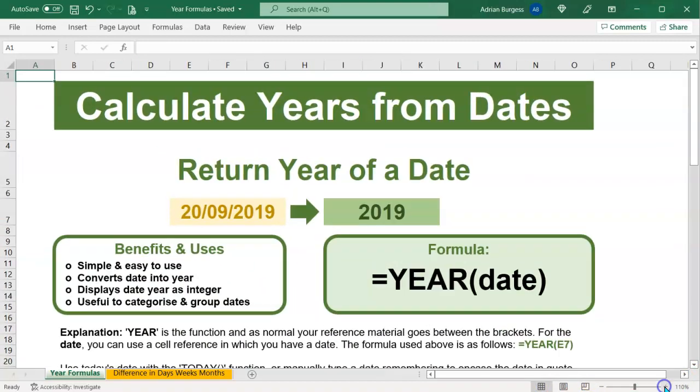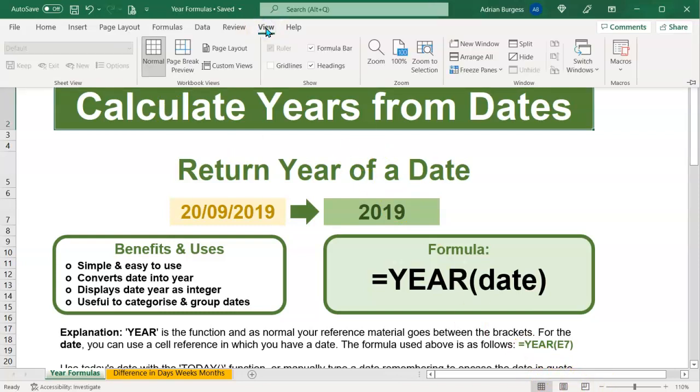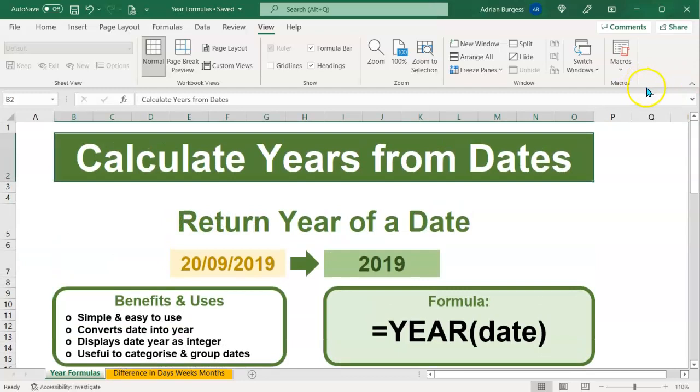I like it zoomed in on this window just to focus on the content. As you'll see, I'm using my calculate the years from dates spreadsheet that I shared in a previous video. But those are quite handy buttons down the bottom right corner there, and save you having to view things in the ribbon. If I just pin the ribbon, because I was unpinning it to save space,